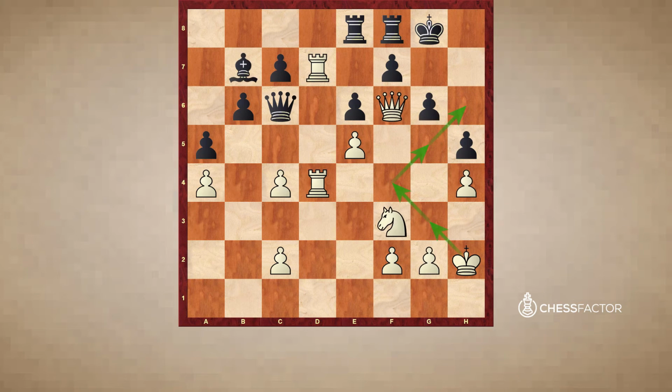So the game concluded with rook to c8, king g3, rook e8, king f4. Black played bishop c8, and now the simple and beautiful king g5 is already good enough to win. The point is that if black plays king to h7 in order to prevent white's king from coming into h6,